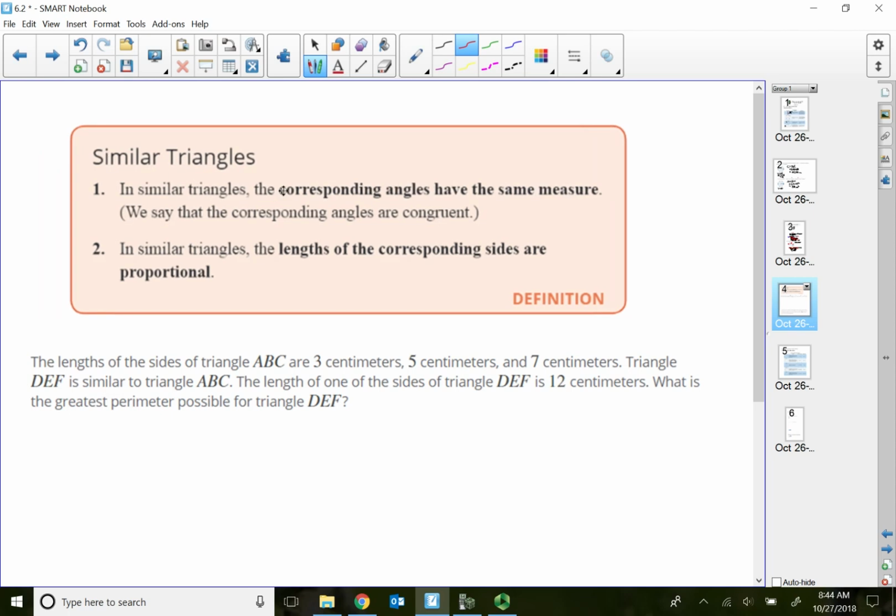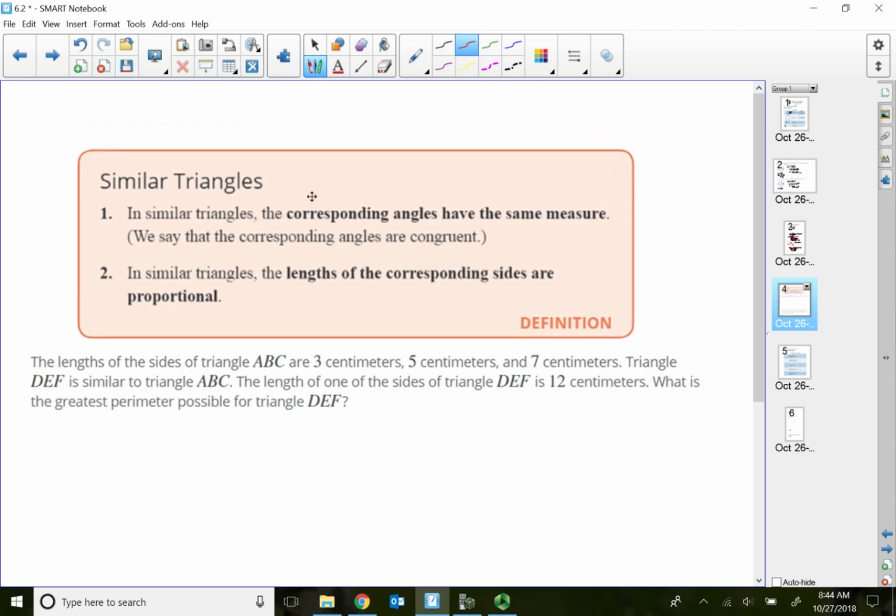All right, the concept of similar triangles. When we're talking about polygons, we always talk about similar figures or similar triangles. What's considered a similar triangle is the corresponding angles. If I have two triangles that are similar, the corresponding angles have the same measure. Similar means something is the same. What's the same is the angles have the same measurement, but the lengths of the corresponding sides